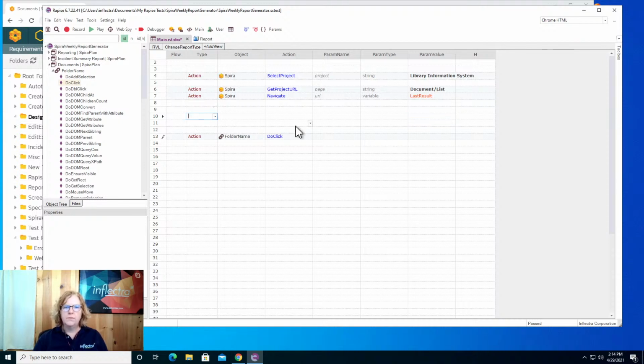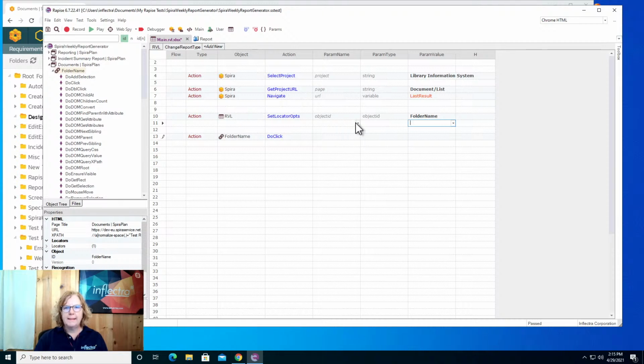So to change the XPath, since it's a part of the XPath, what we want to change. There is an operation REL set locator options for object folder name. Now it suggests which option I want to change, and I want to change XPath. So the logic of this function is we patch this object folder name with different XPath, and